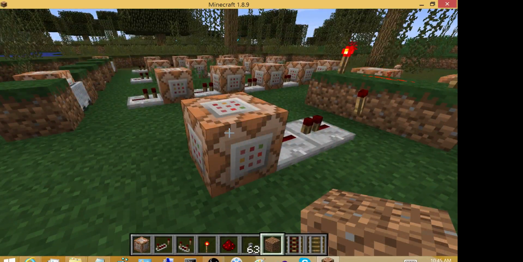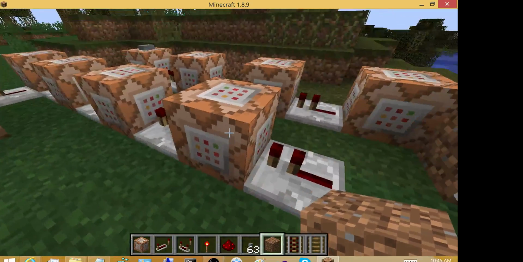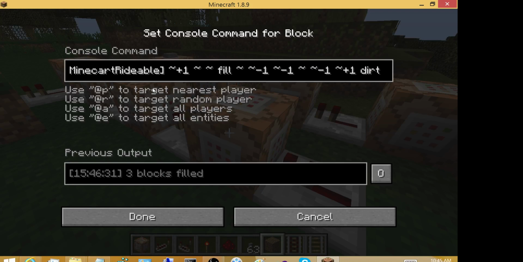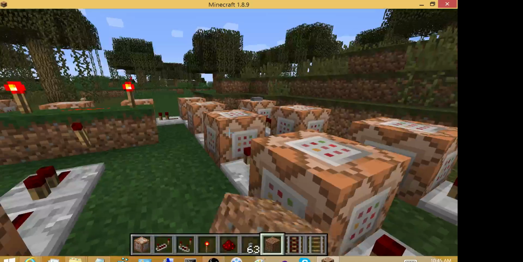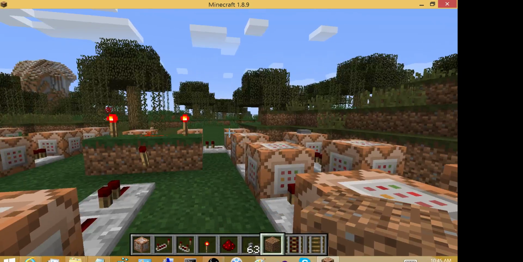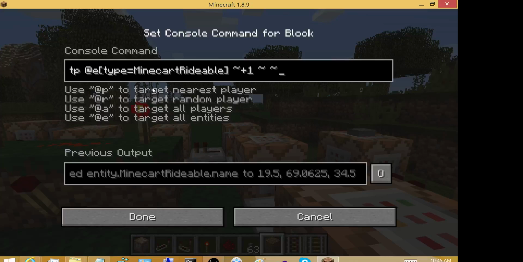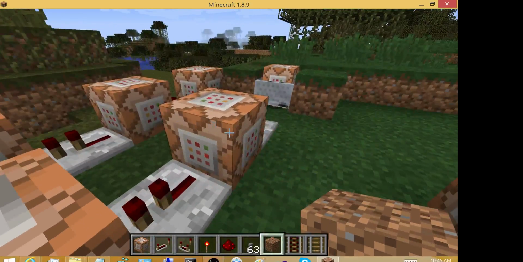What we're going to do today to continue this process is to execute a named segment, whereas in the past we had finished our loop by starting the loop over again. What we're going to do is take out those command blocks that filled in front of our minecart with dirt, air, and rails, and then moved the minecart itself with the transport command. So let's get rid of those